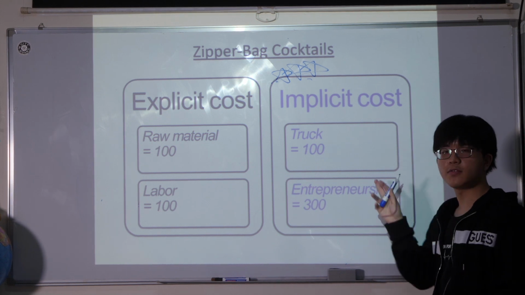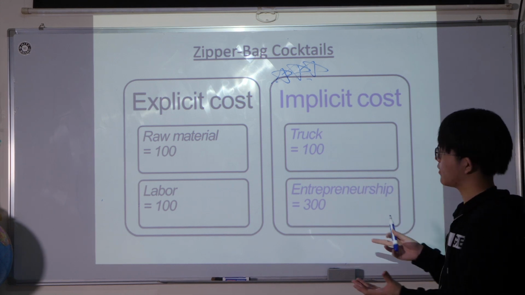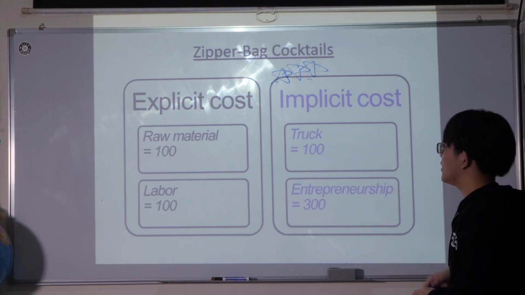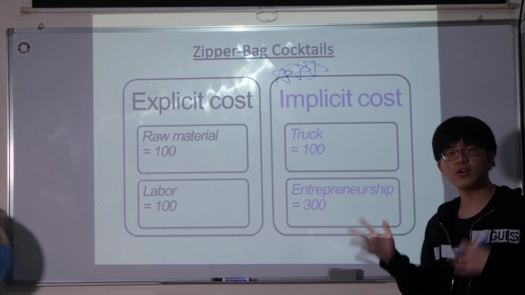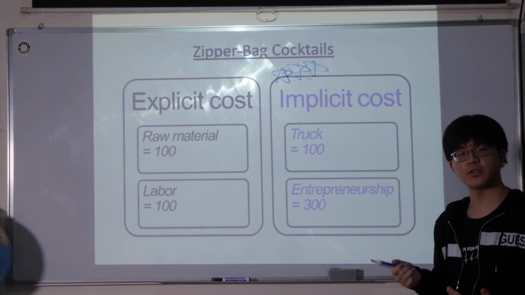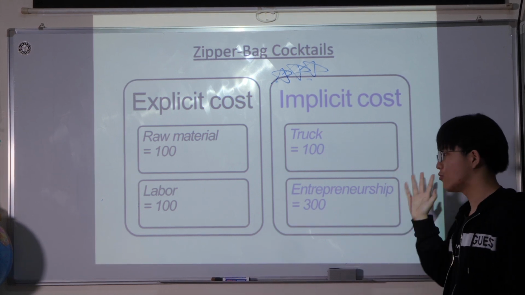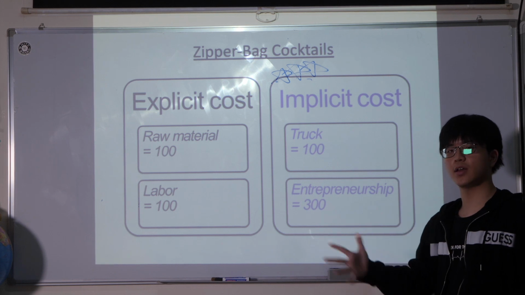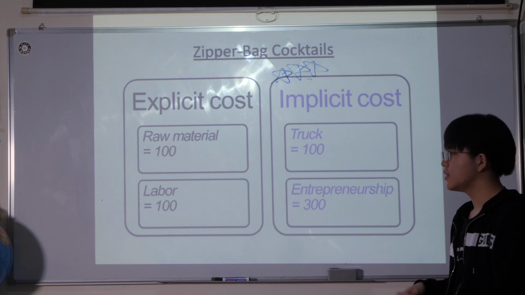But for doing this, you need to buy a truck, like a cocktail truck, kind of. But also, you have another thing, which is entrepreneurship. Your management skill will have a cost. This means that when you use your entrepreneurship to run a different business, like tech companies, or do some other businesses, then you can